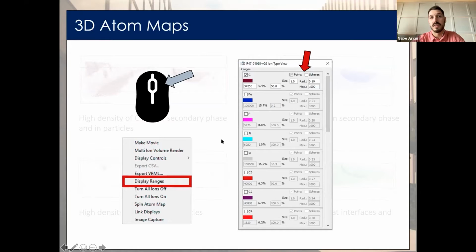It's also important to note that this list shows all the ranged peaks, both atomic and molecular. So if you want to show all ranged carbon, you would have to select not only our carbon, but also our molecules of carbon. So C2, C3, C4, etc.